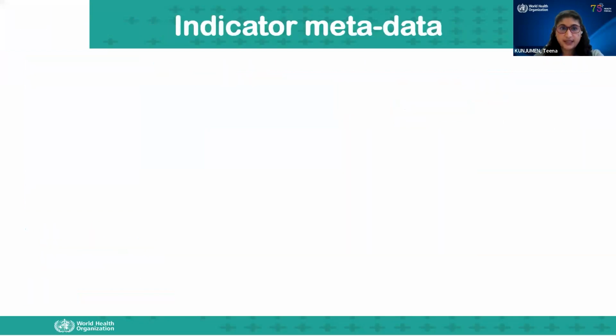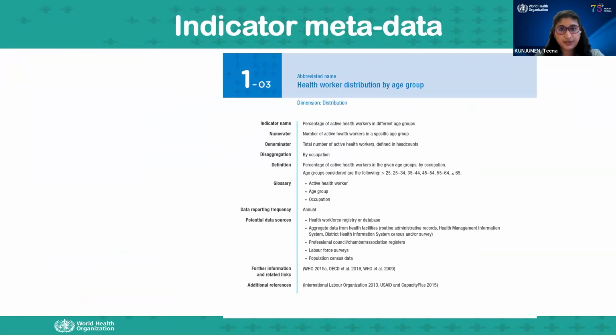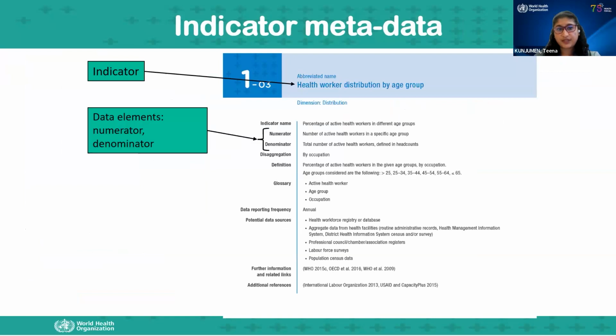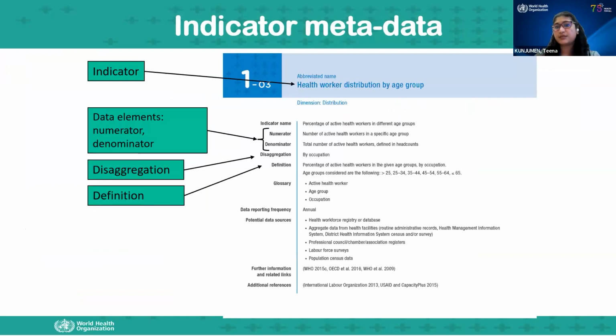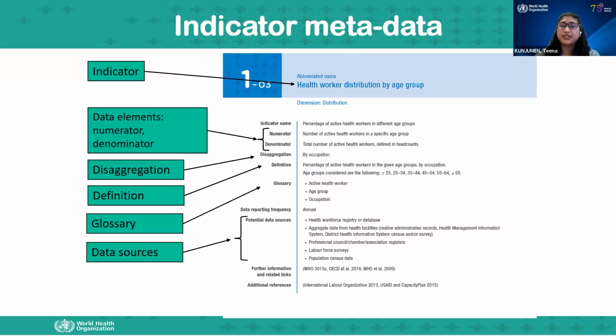How do we standardize this? So I thought it might be interesting for this presentation, so that's how it looks. One indicator, you have the name, a data element, the numerator, denominator, and the possible disaggregations that we require of the countries. So what we recommend is this is the disaggregation you need if you want to make a reasonable health workforce plan. And then we go even into providing the potential data sources and guidance and a glossary, etc.